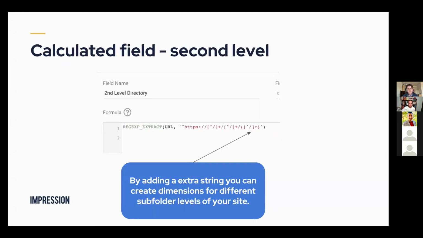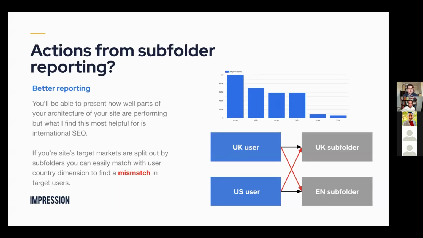And then also if you add another string in the calculated fields, you can break down the directories even more. So you can look at things like second level directories, etc. So why do you want to use this? Not only is it good for reporting to see what areas of your site are doing well,